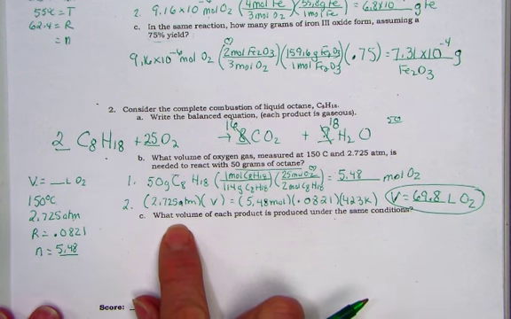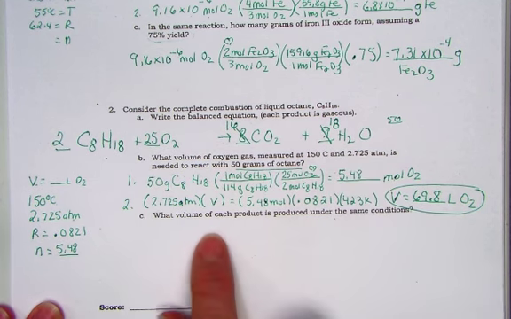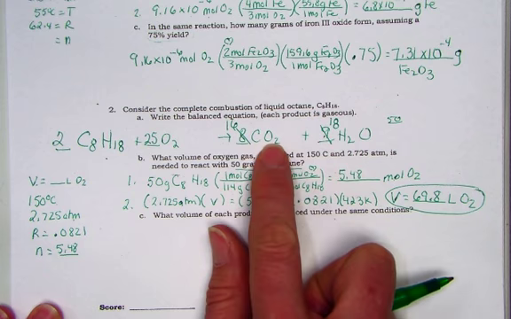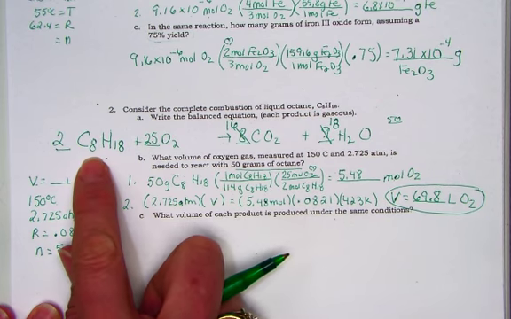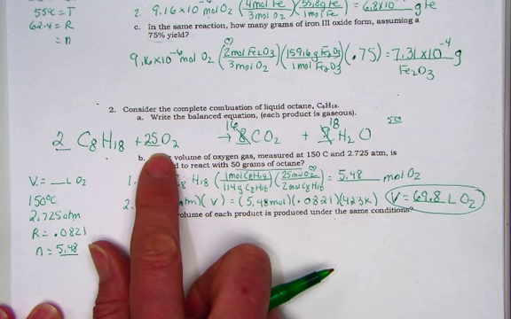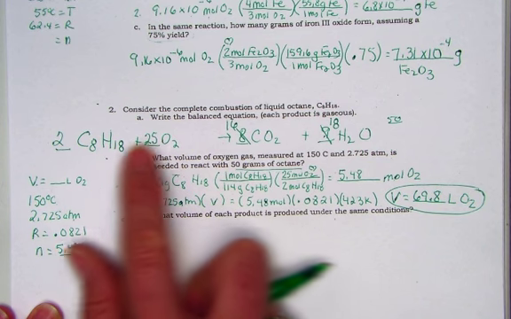With the letter C that accompanies this same equation, we're being asked to solve for the volume of each of the products as well. So we again started with the 50 grams of octane, and we moved to oxygen. Now we'll move to carbon dioxide, and then again